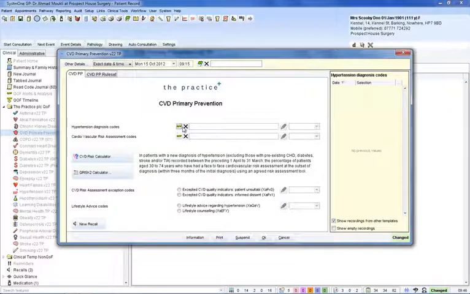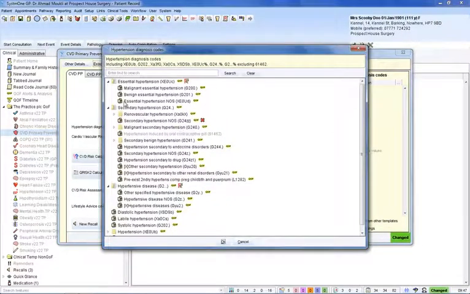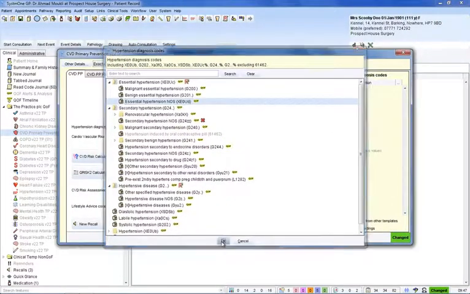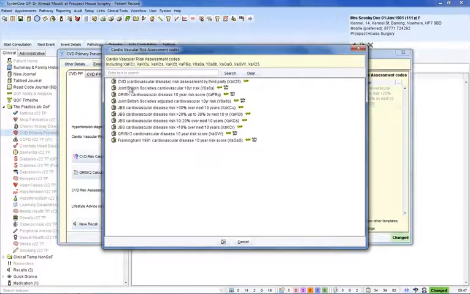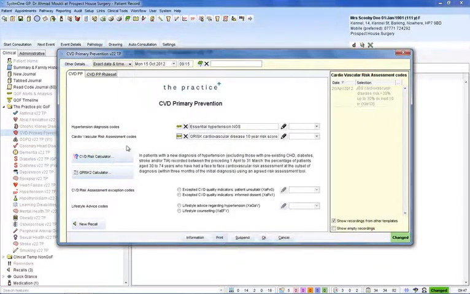Assuming that this person does not have any particularly significant cardiovascular history and that he or she suffers with essential hypertension, we're going to go ahead and choose that here. And as a result, we then have to add the CVD risk assessment code. For example, we can either use the Q risk or the CVD risk assessment. Let's say go ahead and use the CVD risk,